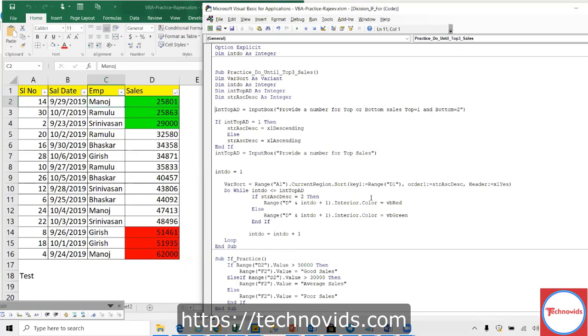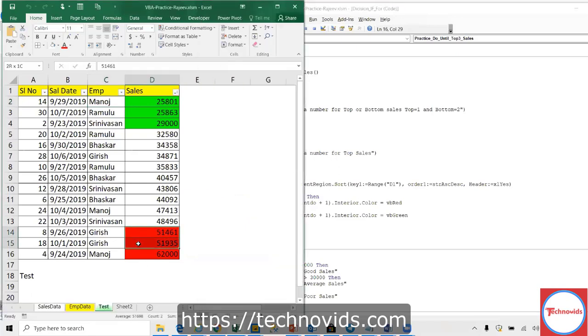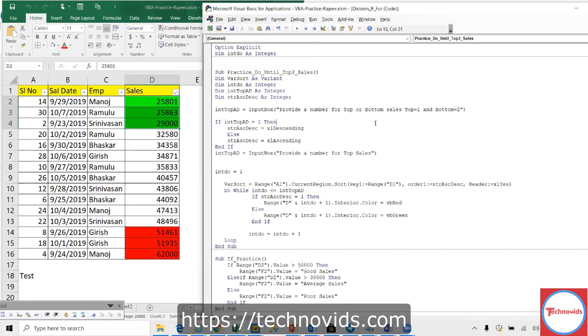So this is how you can highlight. I think this has to be 1, and then it should be fine. So bottom 3 and top 3, both we are able to highlight. This should be green, of course, unless this is cost. If it's cost, it can be this way only. Since it's sales, good sales, you want to highlight in green, and not so good in red. So this is how you can control.